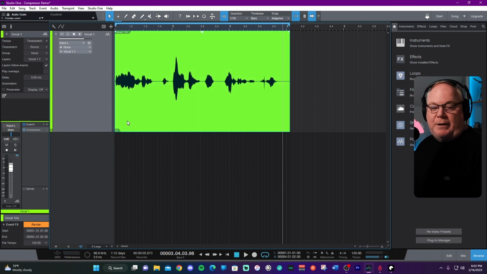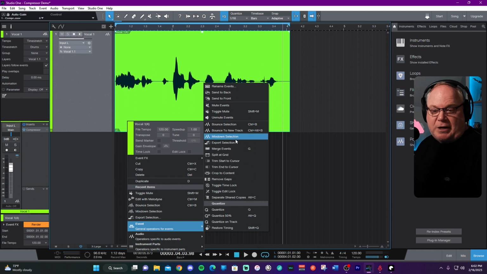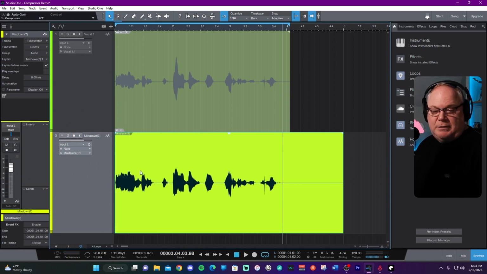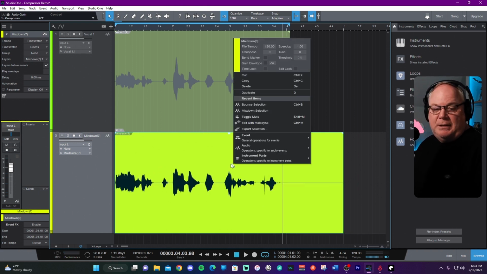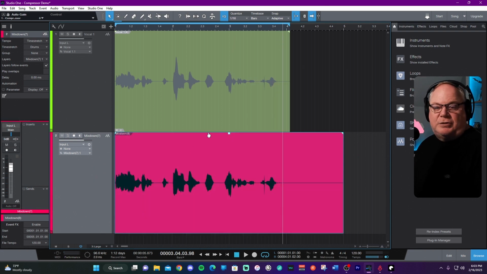So I'm just going to go here and I'm going to select this event, and then I'm going to mix down this track. All right. So this is a stereo track whenever I mix it down, so I need to make it mono. So I'm going to click on this little button here to make it mono. And then I'm going to use my little keyboard shortcut to make it a mono track. All right. So let's go ahead and change the color on this to a really nice contrasted color.